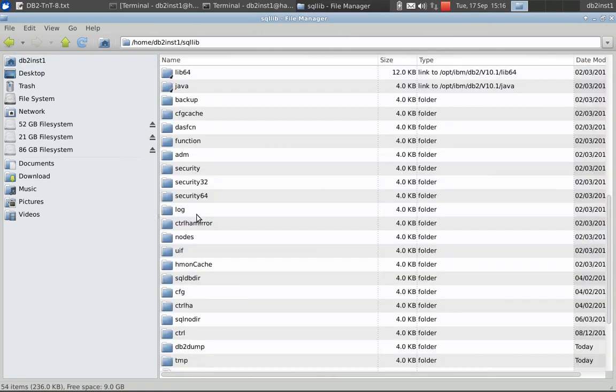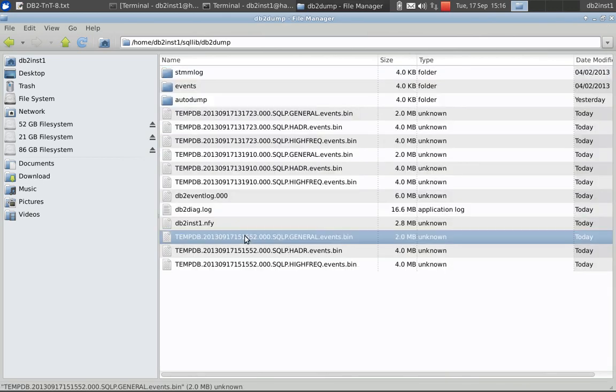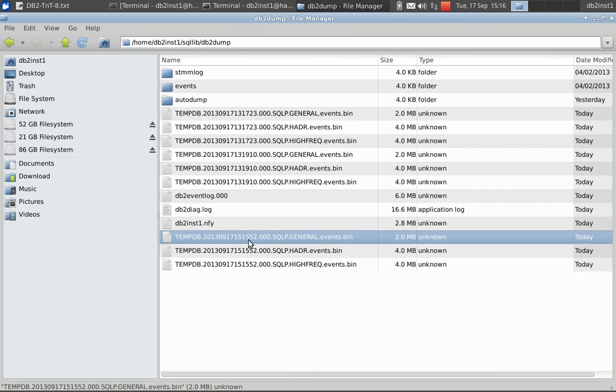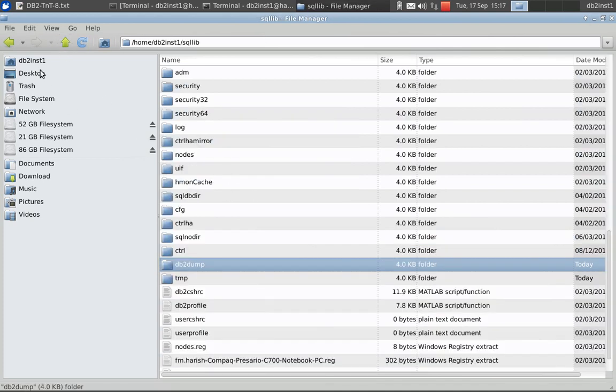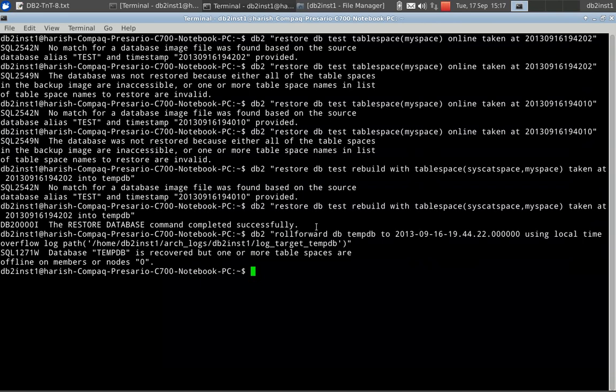Even if you look into the diag log, you will find that error actually. In the SQLLIB db2dump, you will find it has created these 3 temp files. These kinds of error files it creates because of that particular access error. When you roll forward, it's not able to roll forward for the other 3 table spaces because they are still in restore pending. That's why you are getting those errors, but you can ignore that, because the benefit that we are getting is we need not restore the entire table spaces, the entire database, right? So the roll forward has occurred.